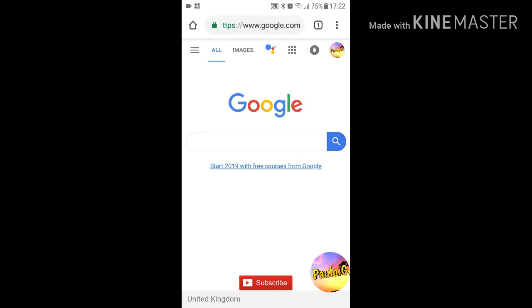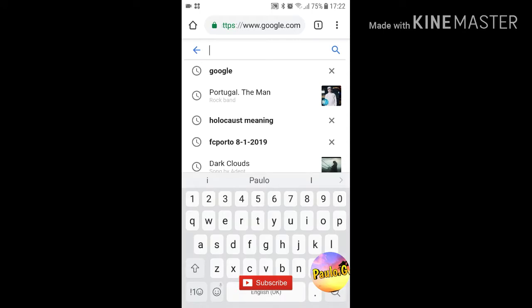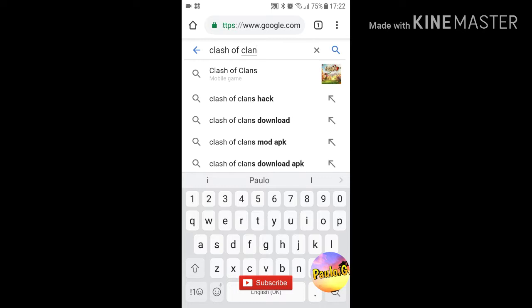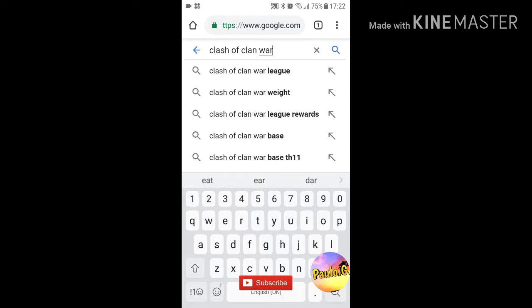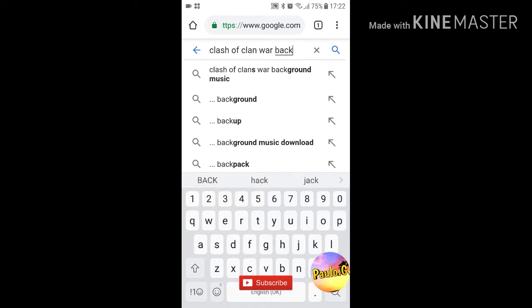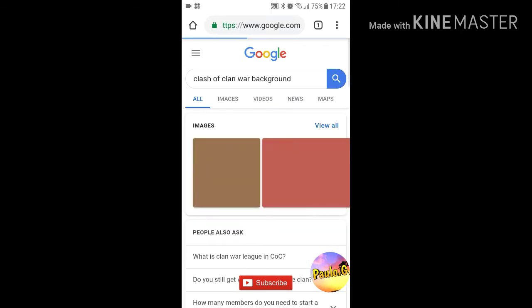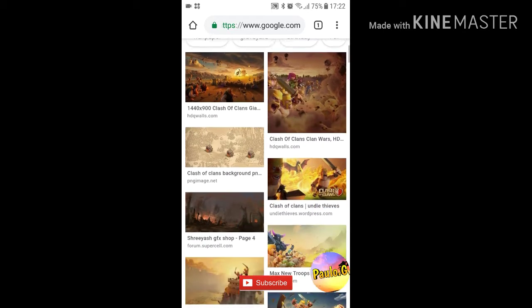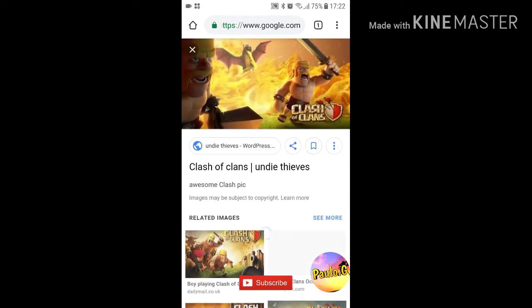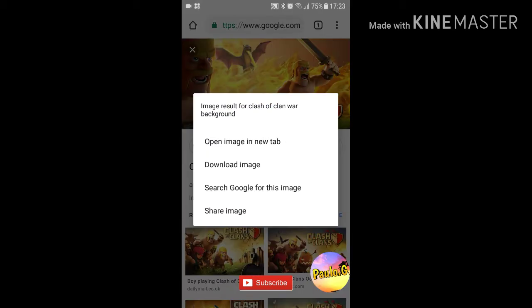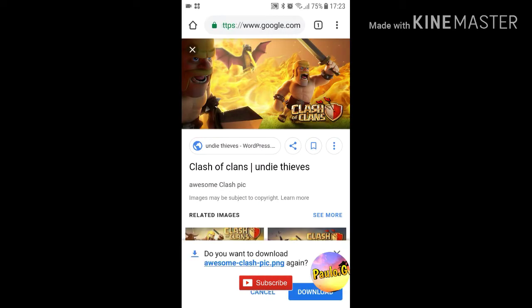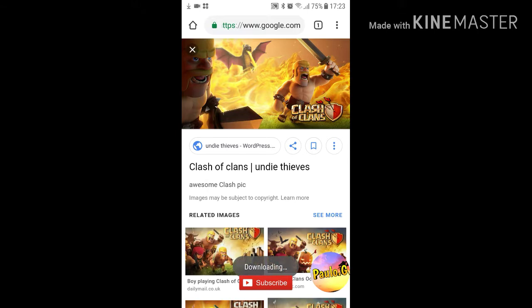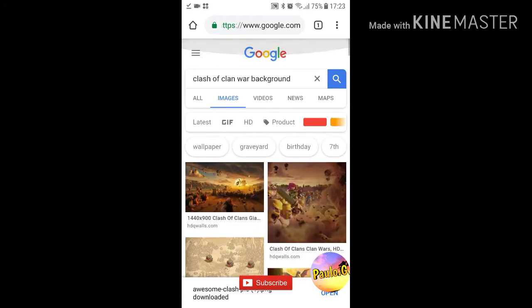So first of all, what you want to do is open up Google and type the following: Clash of Clans war background, which is going to give you a really cool war background. I'm just going to search for one that I like, and here I already spotted one. I think this one looks amazing, to be honest. So you're going to download the image. It's quite simple. You just press the image and then press the download image button, which is going to go